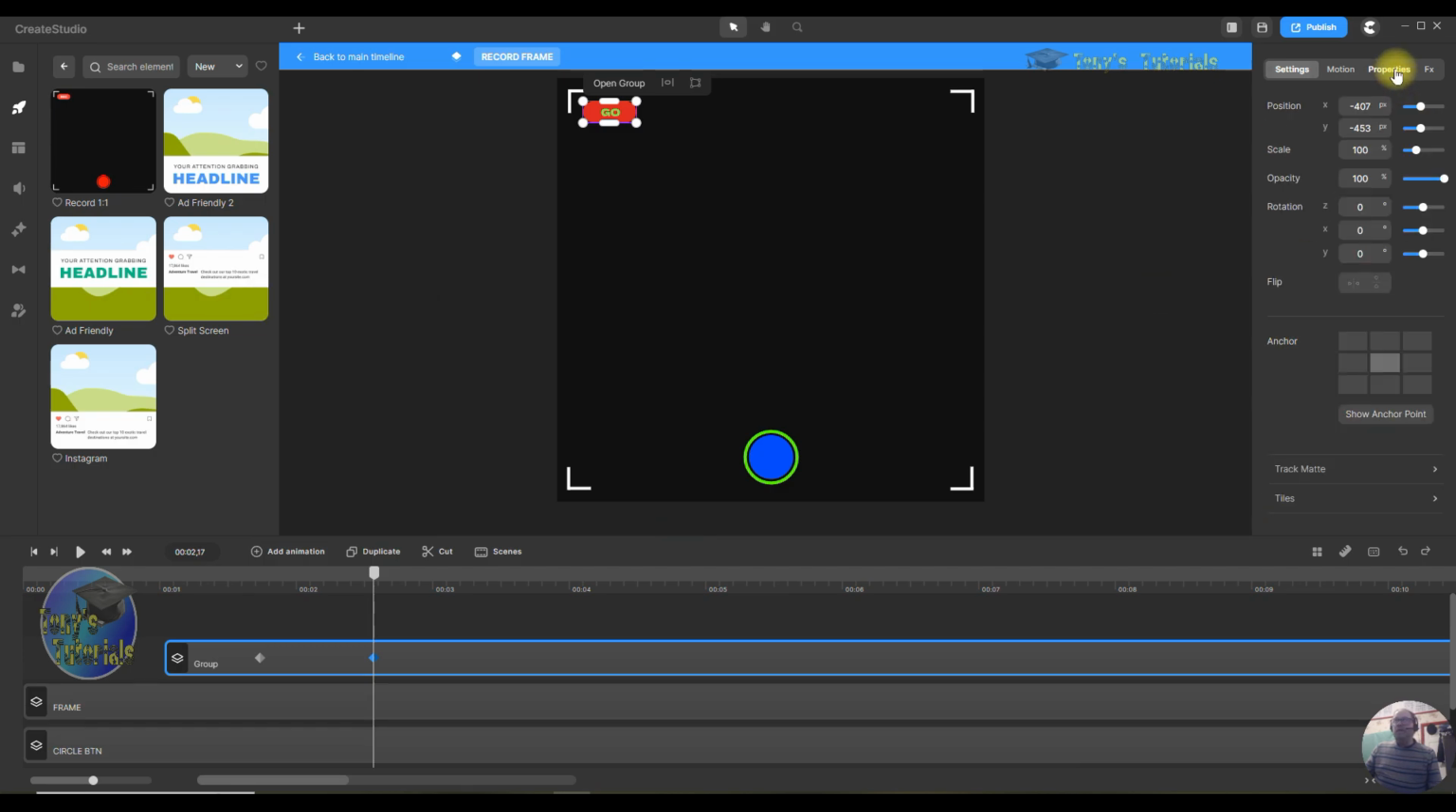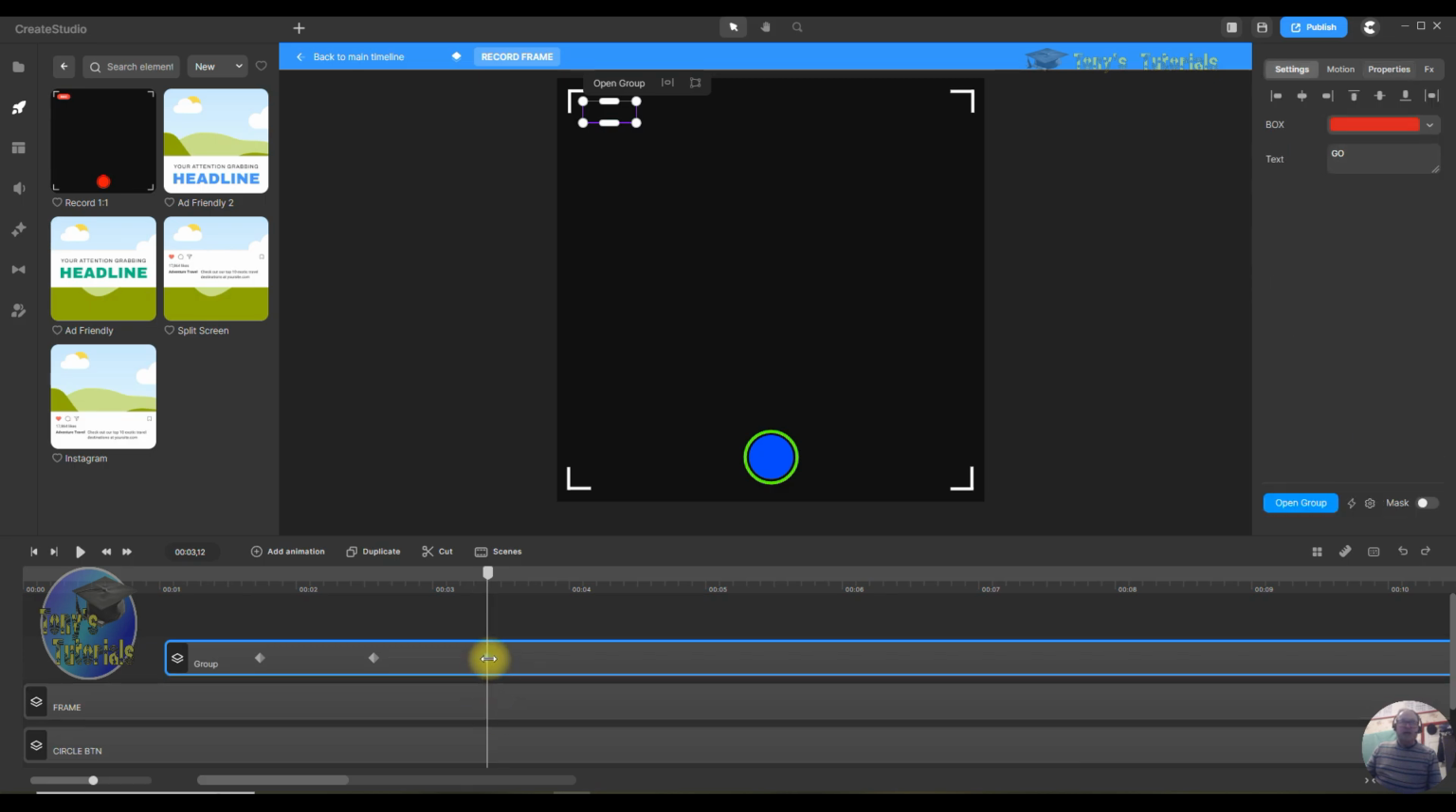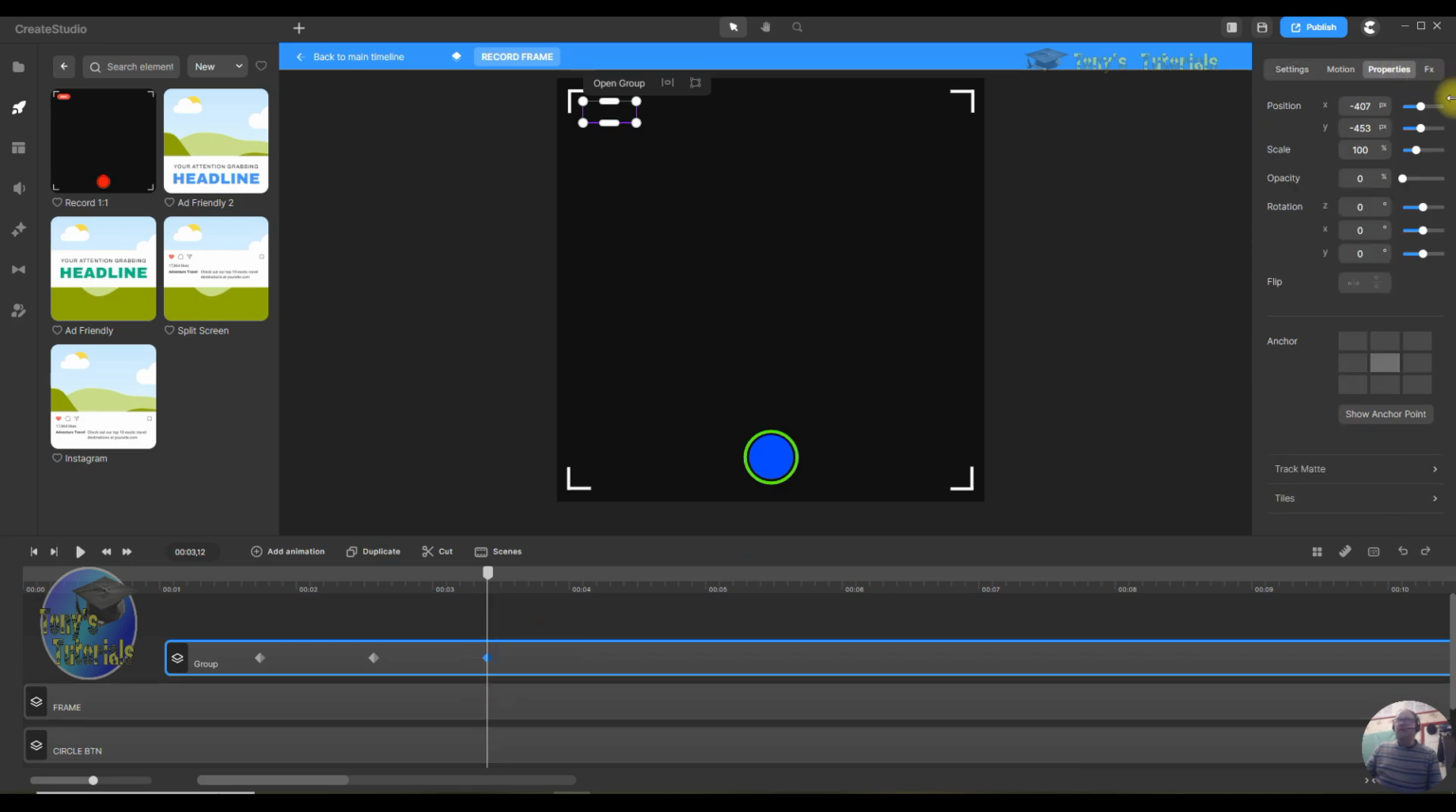And then go to properties and then change the opacity to 0, right? Now on that particular keyframe you add a new animation, right? So you go linear and the same again, opacity. So what you want to do now is change it from 0 to 100 again. So we need to click on that one, click properties and change the opacity back to 100 and so on,